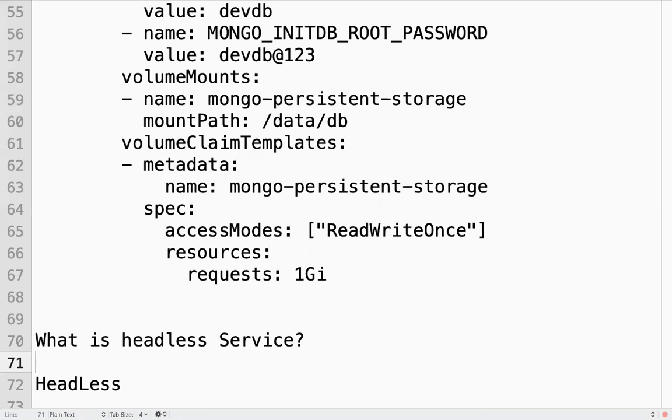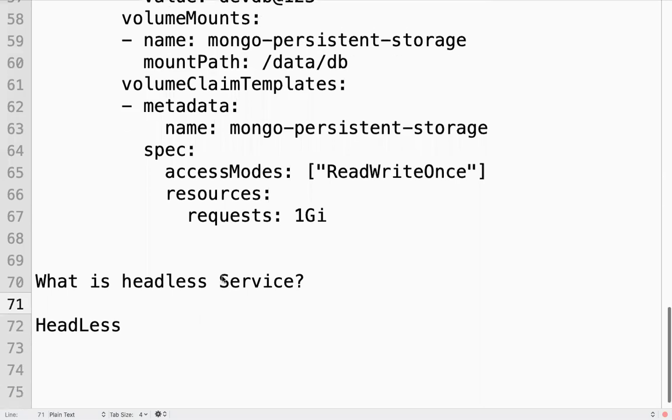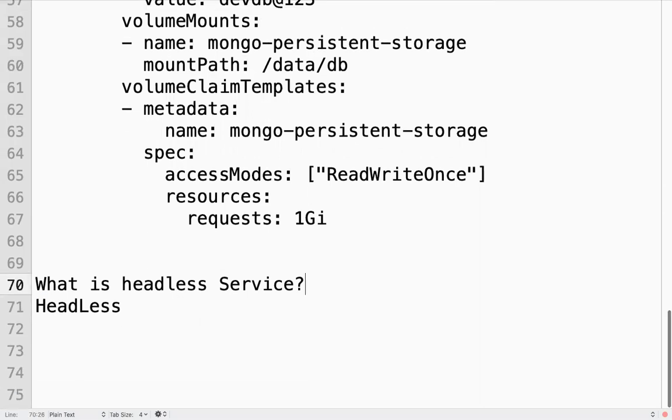Suppose I have 3 replicas, 3 endpoints for my service. A normal service, how will it act? The service will act as a load balancer, right? It will distribute the traffic to the first pod or second pod or third pod when a request goes to the service. When we create a headless service, it is without a load balancer. It will always send the traffic to whatever first pod is available in that service, right?